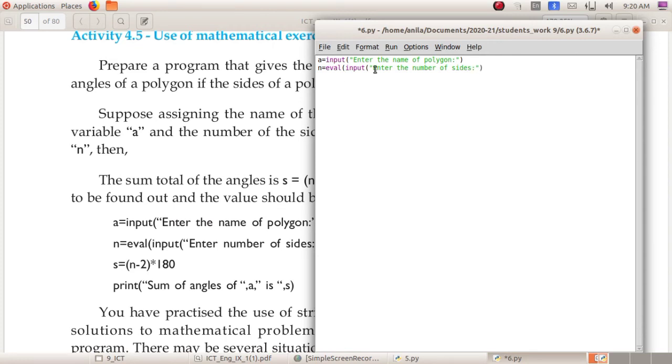Then you can give the equation here. S equal to (n minus 2) into 180.